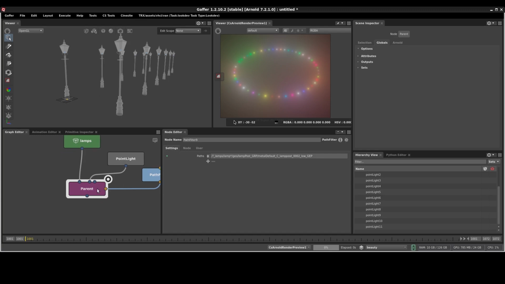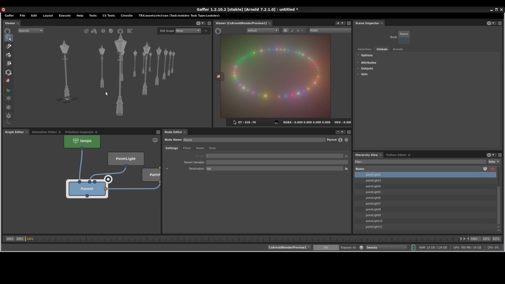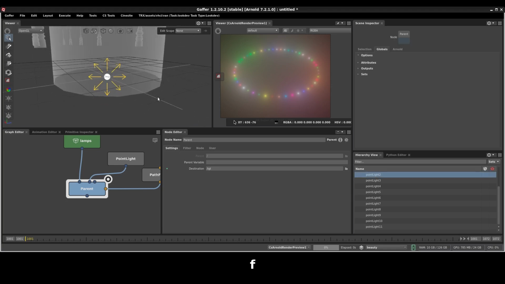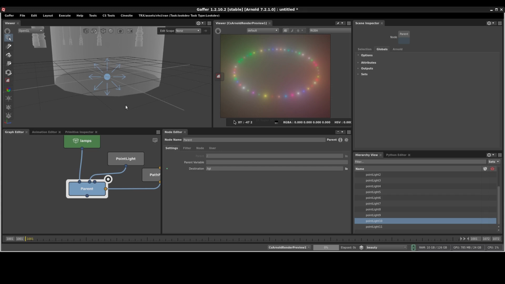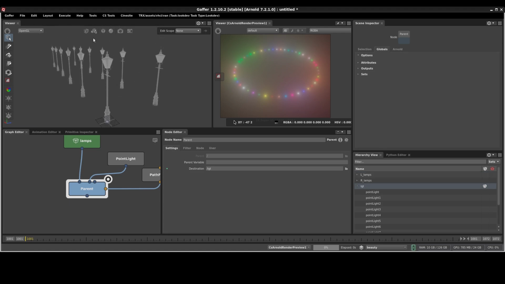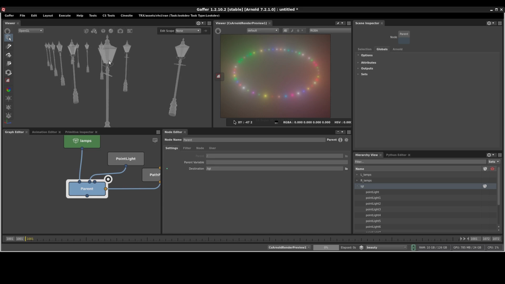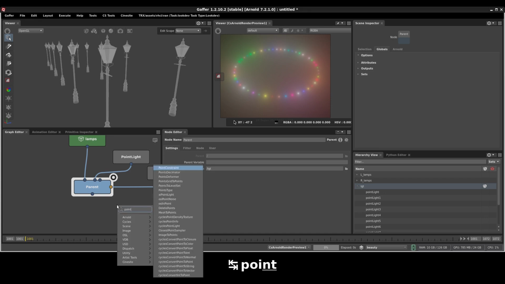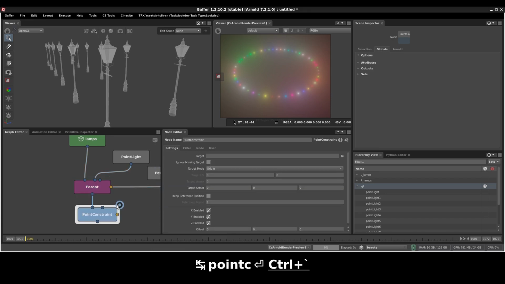Now, if I was to have a look at the lights, you can see that at the moment they are still all at the origin. And the reason for this is that first of all, I'm creating them outside of the group, but also none of the lamps has actual transforms on them, which is very similar to what you will see in the production context. So what I could do is create a point constraint node,